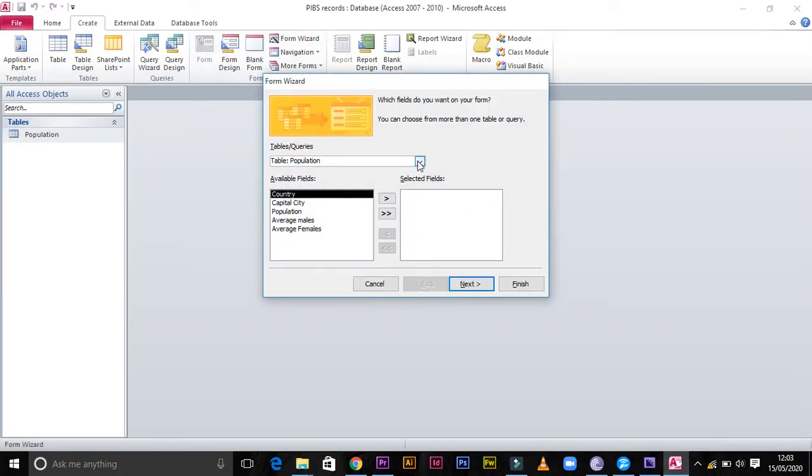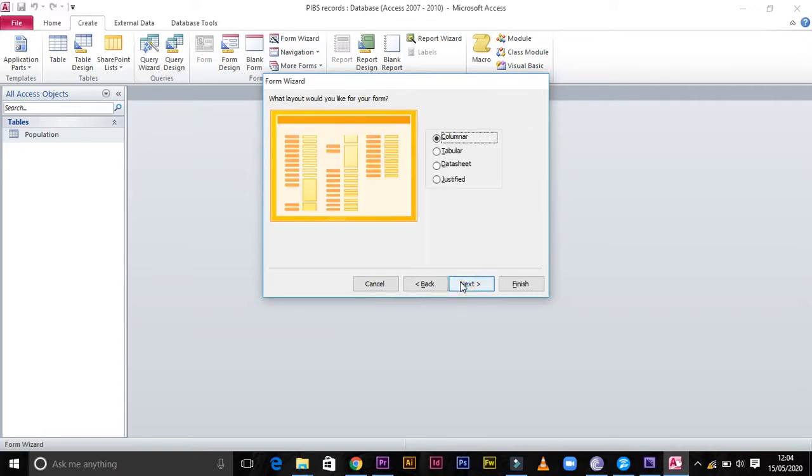then here you need to select a table. You need to select a table that you are going to use to create a form or a report. So for now I only have one table, so just click the table. Then here are two options. This one takes all of these fields to the other side. So you choose to use this icon, which is greater than, to pick all the fields to the other side. Then you just click next.